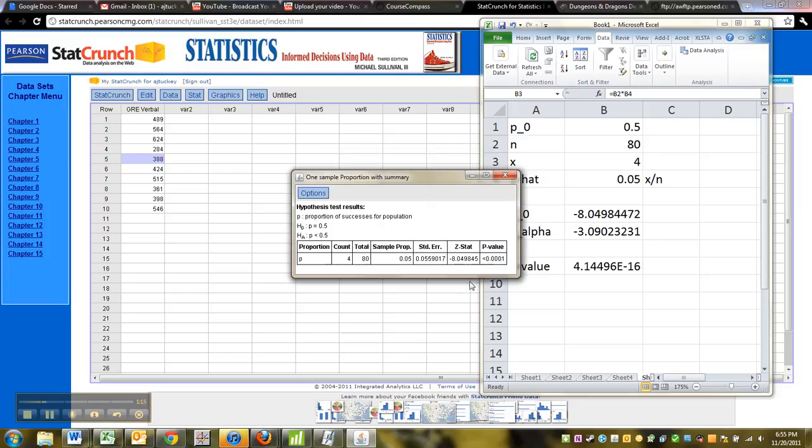Calculate. And then you can see here, see that Z statistic right there? That's negative 8.05. It's the same one we found over here in Excel. There was 4 out of 80 total. The sample proportion, see, 0.05. That was our p hat. And then notice the p-value. When it gets really, really low, StatCrunch will just tell you it's less than 0.0001, which this 4.14e negative 16